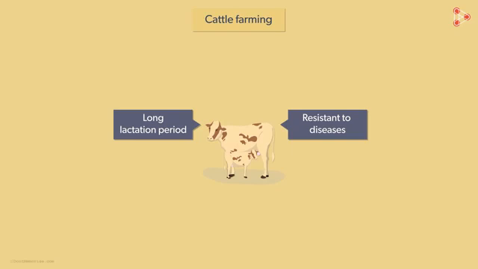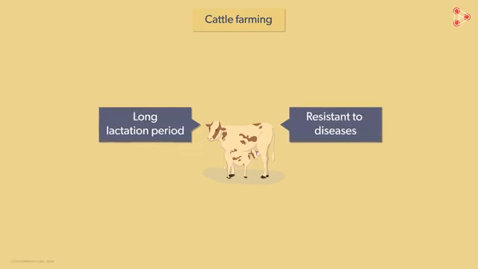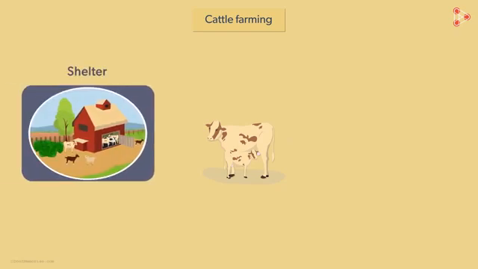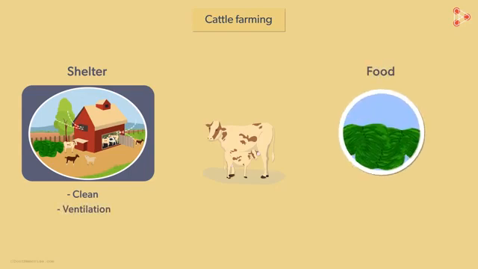However, having exotic breeds of cattle does not ensure good outcomes of cattle farming. Cattle need to be taken care of. This involves a lot of efforts on the part of the owners. They need to make adequate provisions of shelter and food for animals. These shelters must adhere to basic requirements of hygiene. Clean shelters, for instance, are a must. They need proper ventilation. Food, on the other hand, must be provided for 2 major reasons.